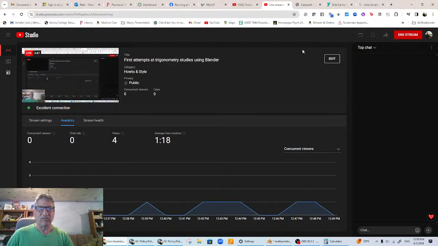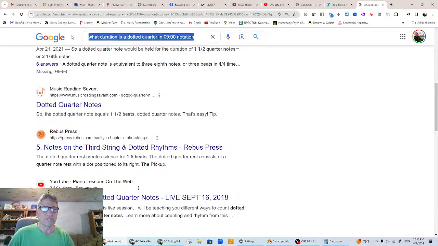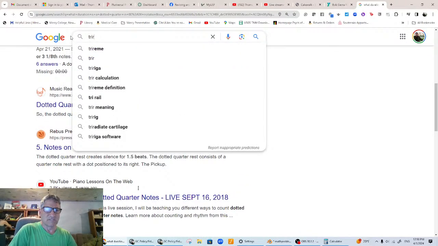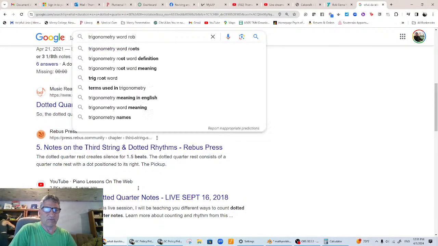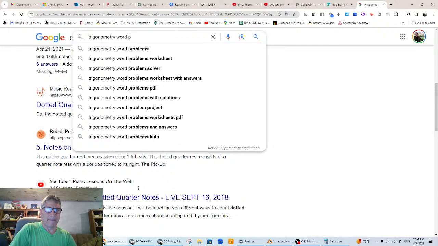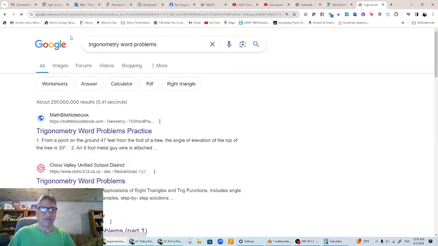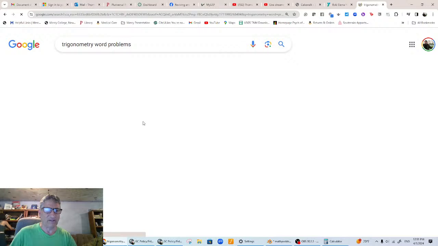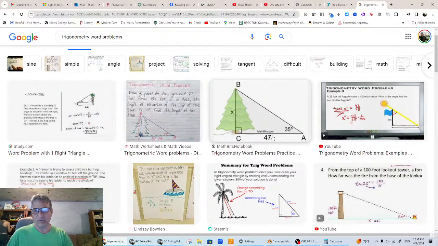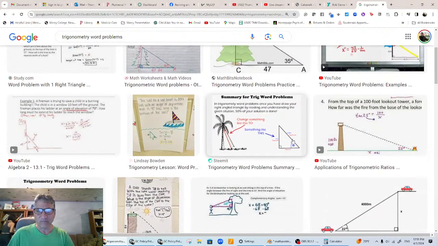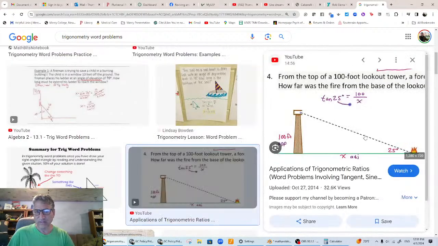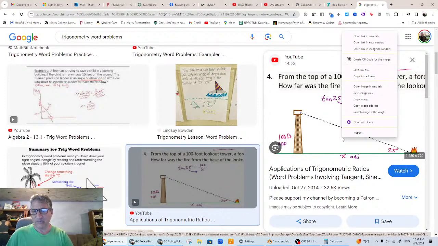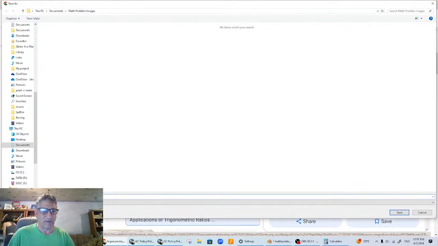Let's go on the internet and let's look at trigonometry problems. Trigonometry word problems. Okay, let's look at images. And here's a typical one here, or here, or here. So if you have something like this, typical one, let's save the image in our math problem images and call it